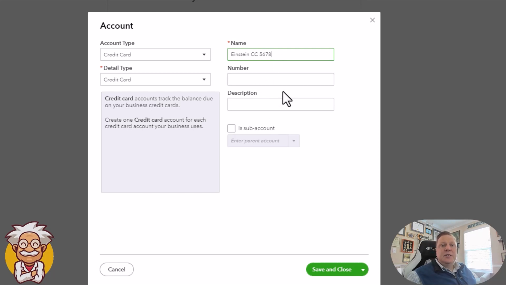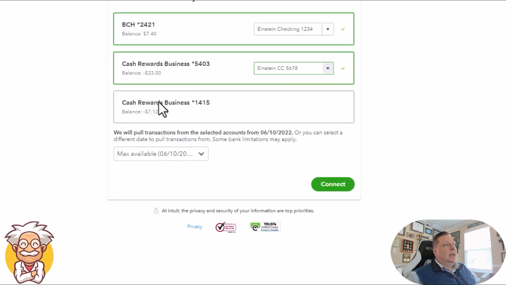Sometimes with credit cards, you have what they call a parent-child relationship, where there will be subs underneath the main account. So if that is the case, if this was the main parent account, we would have it as the main one. And then any of the other accounts that we connect up here, we would click under sub account and then put it under this main account. Real simple to add your parent-child accounts within the credit card. So we just hit save and close, and then we have another one here,